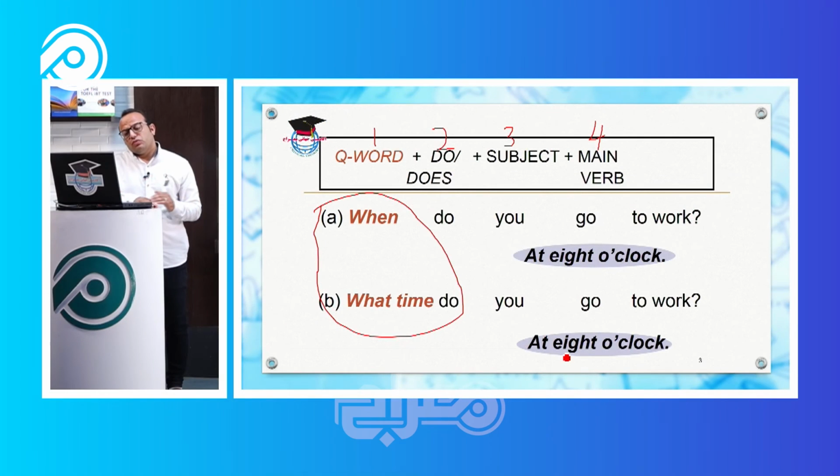When actually does not ask the specific time. I repeat my sentence: when does not ask the specific time. For example, when did you come from Kabul? When did you come back? کی برگشتی؟ کی آمدی از کابل؟